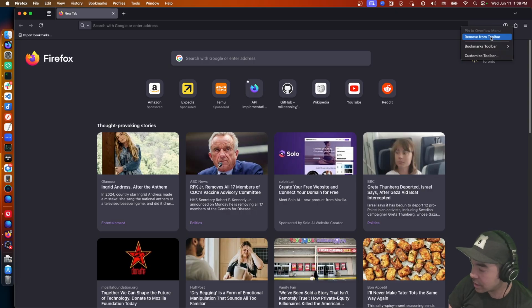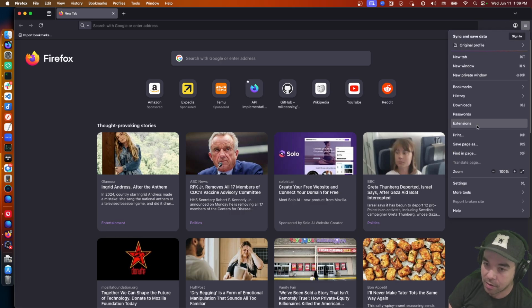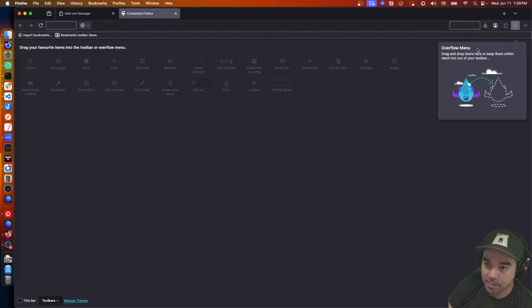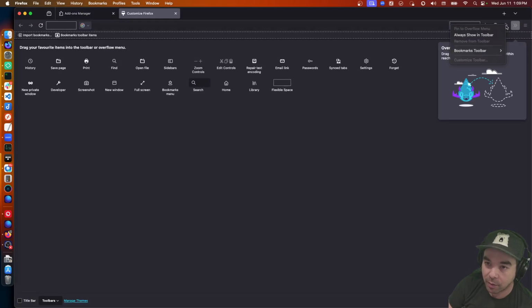And I know that seems really trivial. Why didn't you just do that? That must have been a one-line fix. Guess what? Not a one-line fix. This was actually very complicated. There are a lot of cases to consider when to make the button reappear. And so we had to chase all those down and refine some things. But you can now, starting in Firefox 140, which is currently in beta, going to release in a couple of weeks, remove the add-ons button. And if you go here to extensions, I guess there are no extensions installed, so I get sent here. But if you want it to come back, I believe if you customize the toolbar, it's like the downloads button. You can right click on it and say always show in the toolbar, and then it comes back.